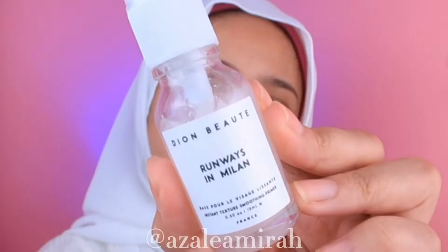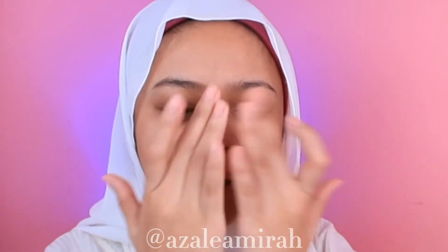So I'm gonna set my face with Beyond Beauty face primer. This is a local made product from Malaysia, and it is an instant texture smoothing primer. I've been using this and I've been loving it. It's like a dupe to Benefit Professional, but I think this one is way better. I don't know why, you guys gonna try. It's almost finished actually, so I'm gonna take it. Apply it on your face where there are open pores. It helps to minimize your pores. It doesn't diminish the pores, but it helps to minimize or shrink them a little bit,